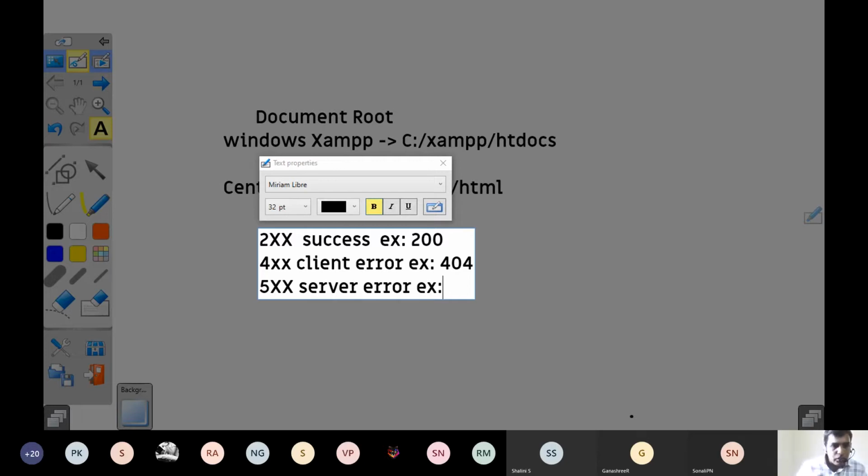So it will try to execute result.php, but there is a syntax error. At that time, what happens? Your Apache server can't execute it. At that time, it will send a server error message with status code 500. So status code 500 is usually the common server error. Okay. So this is the server error.